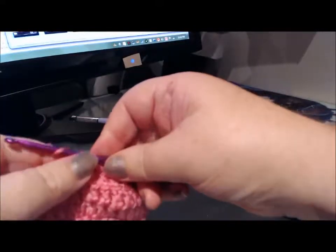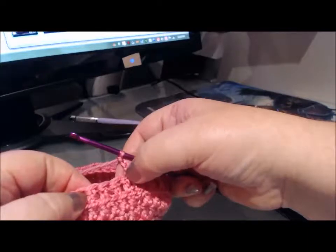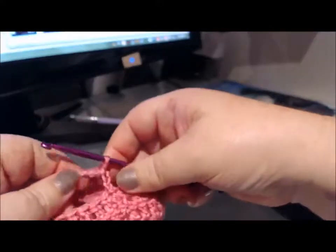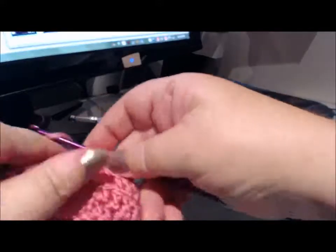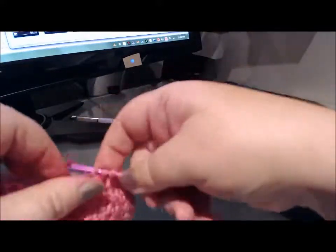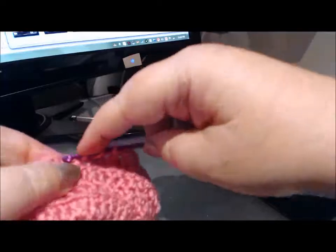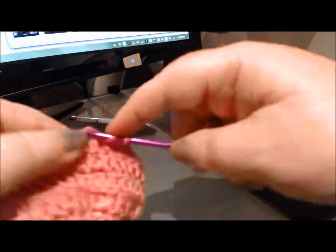Now the next row will be once again 3 chain, and this time instead of going 2 double crochet and decreasing, you're just going to go 1 double crochet and decrease, 1 double crochet, decrease, 1 double crochet, decrease, and continue around like that. So, double crochet, decrease, 1 double crochet, decrease, and just continue